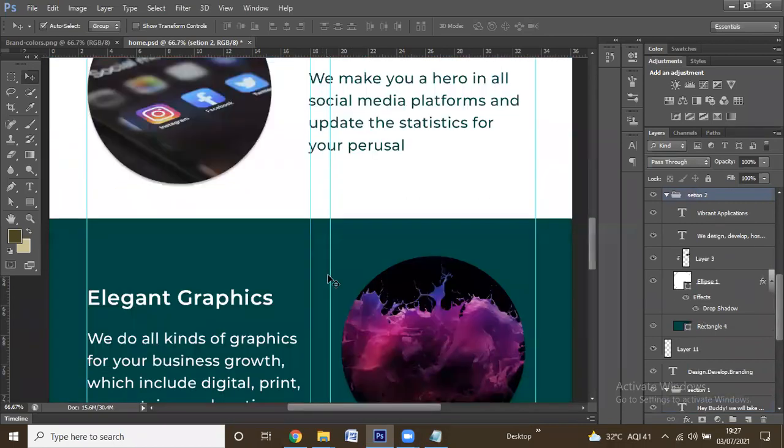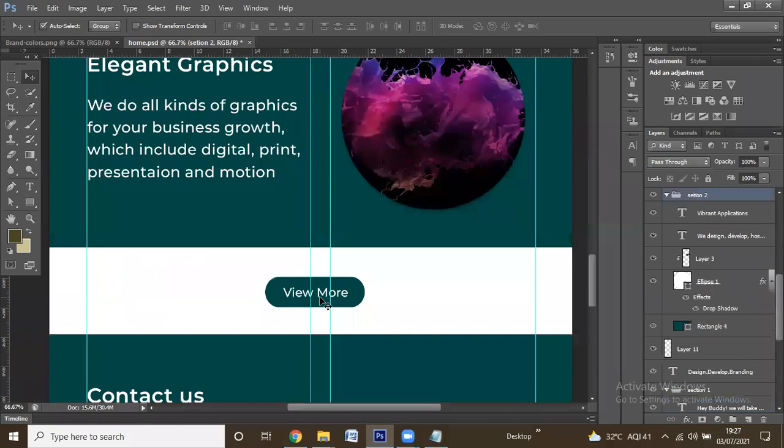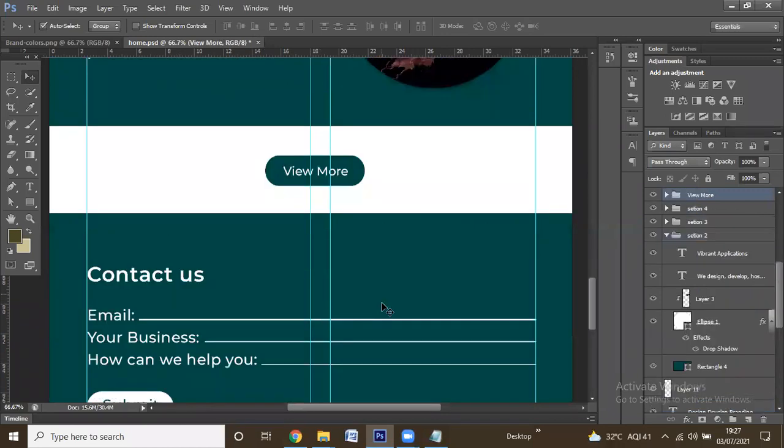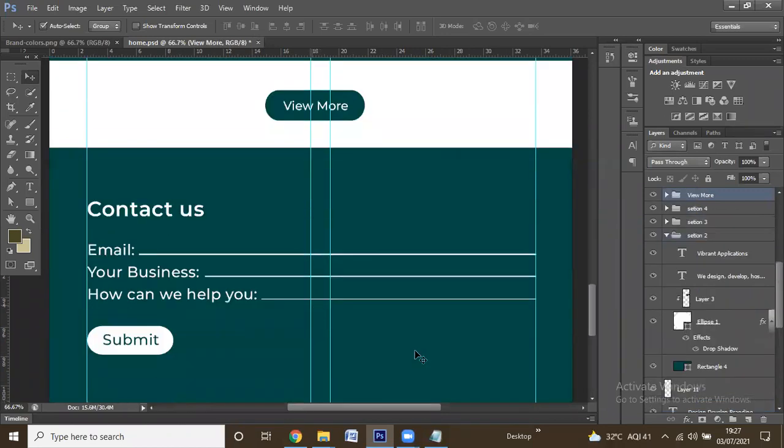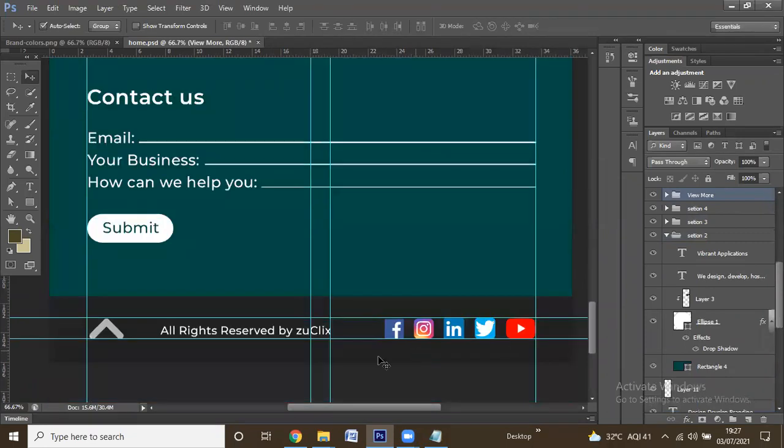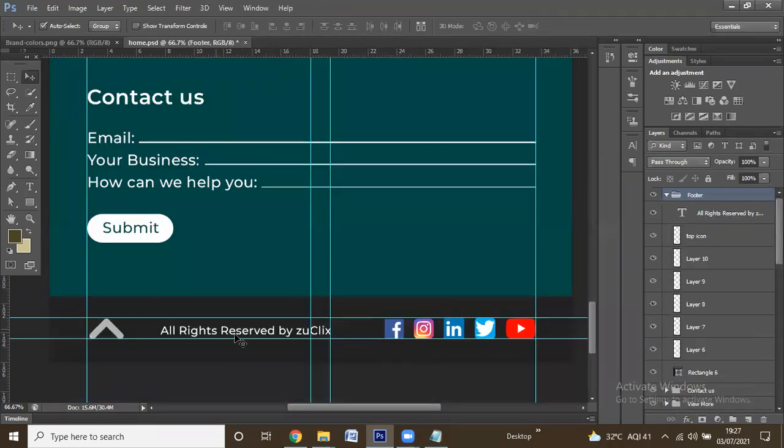So I have taken a number of sections and a button here, a contact us form, a footer with social media icons and copyrights, and a top icon. If you click on that, it will redirect to the header. Okay, so I hope you got this. Am I right? Are you with me?